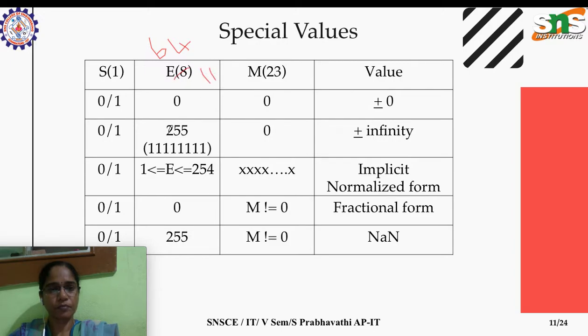Okay, so if all 11 bits are 1, then this is nothing but 2 power 11. Just calculate it. 2 power 10 is 1024, then 2 power 11 is 2048. So it ranges from 0 to 2047. Okay, so instead of 255, in double precision the E value will be 2047, and the exponent will range from 1 to